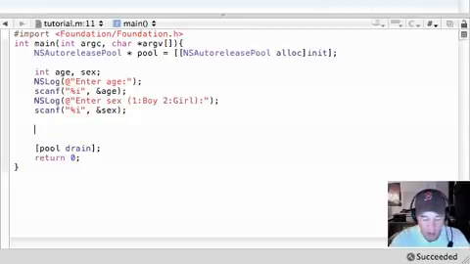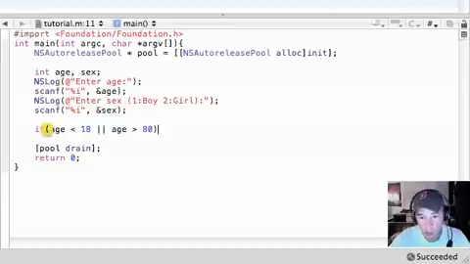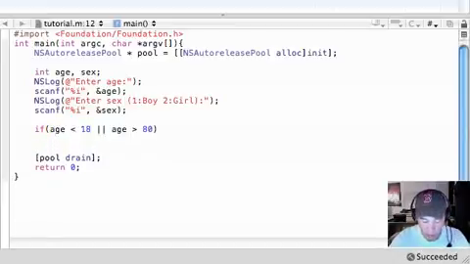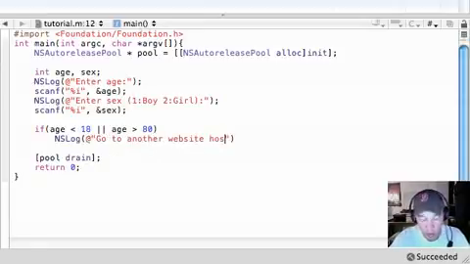So let's go ahead and make our little program again. We go ahead and write if age is less than 18 or age is greater than 80, then we don't want them on our website. I know it's mean, but ns log go to another website, Haas,